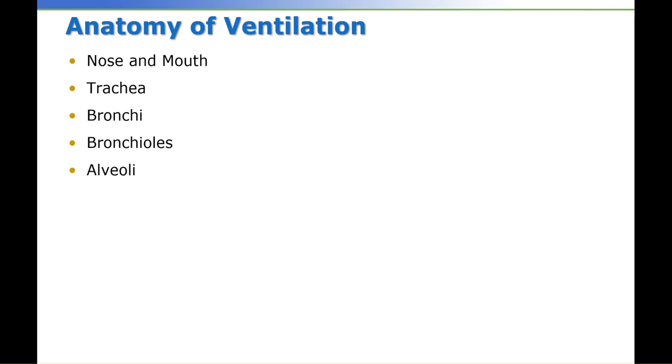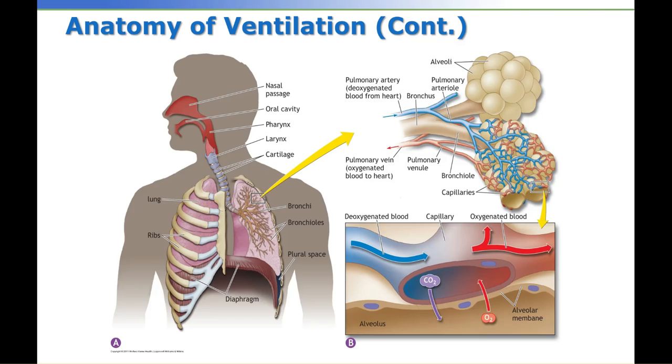The anatomy of ventilation. This is on page 252. It shows the nose and mouth, trachea, bronchi, bronchioles, and alveoli. So here's the picture. You have the nasal passage, you have the oral cavity, pharynx, larynx, cartilage. Then you have your